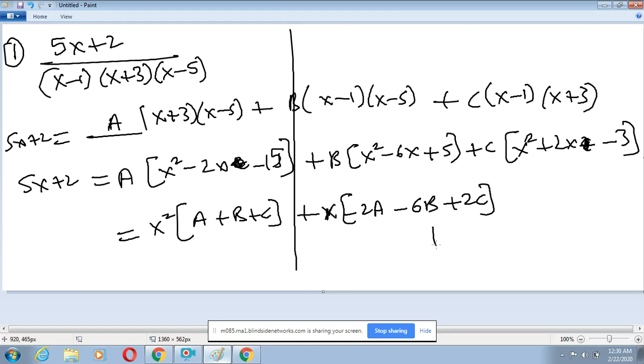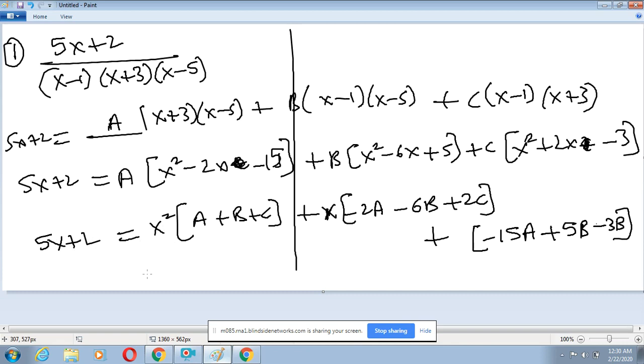Did you get the same thing, or there was some calculation mistake also? Okay, so 5x plus 2. Okay, so you do the x squared. Now, 5x plus 2. Now